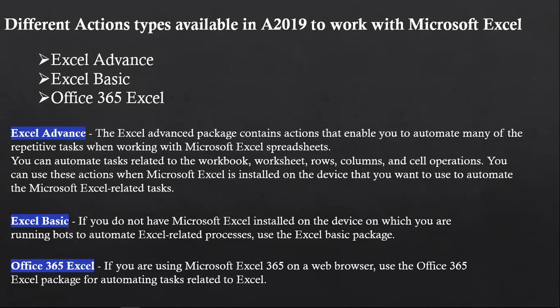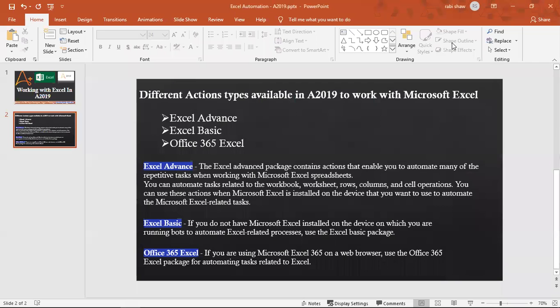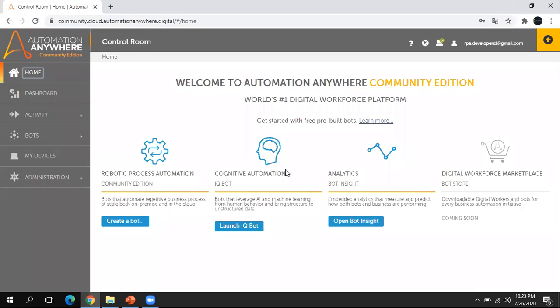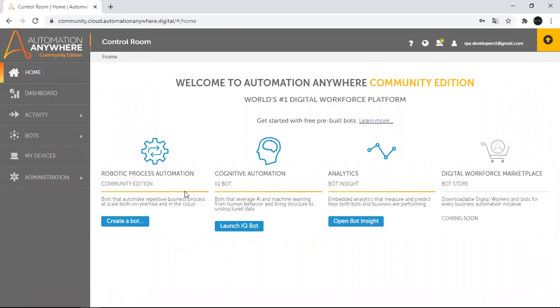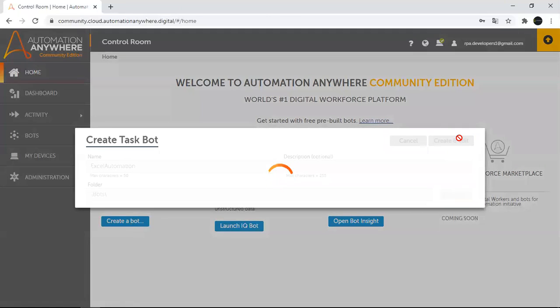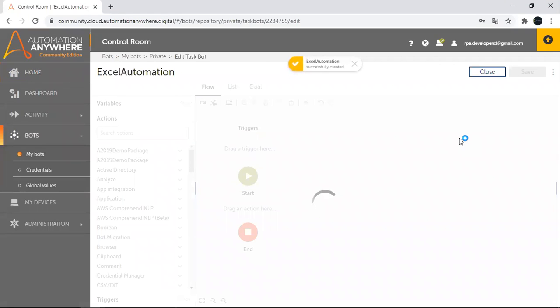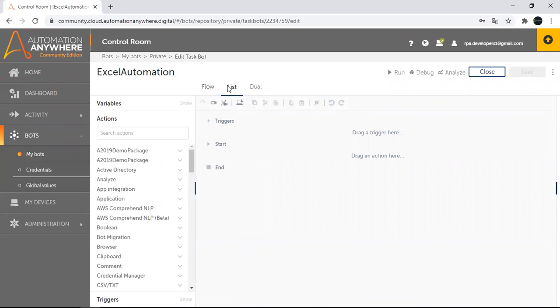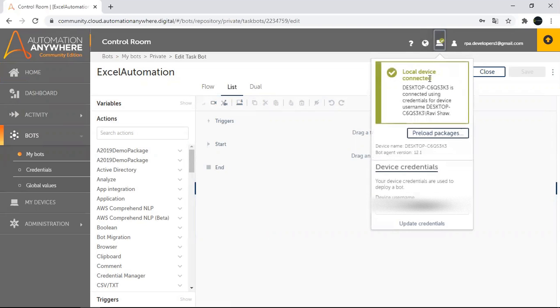Okay, now let me go to Automation Anywhere first. So I'm here now. Let me click on create a bot. So let's put Excel automation. Okay, so we are here. Let me click here on the list view. In case you want to check about your packages, that can be checked from here. So if you click on this